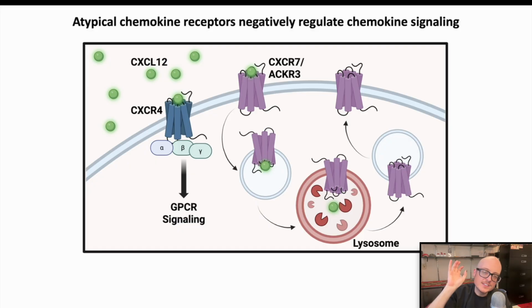And so, again, this is just one example using CXCL12, but there are other atypical chemokine receptors, several of which have this scavenger function. And I should say that atypical receptors are much more recently described in the research literature, and so we're still understanding some of the additional regulatory functions that atypical receptors have in terms of chemokine